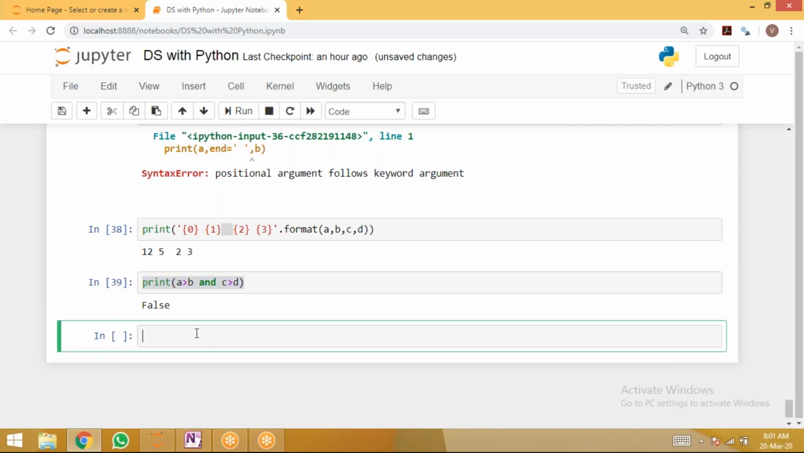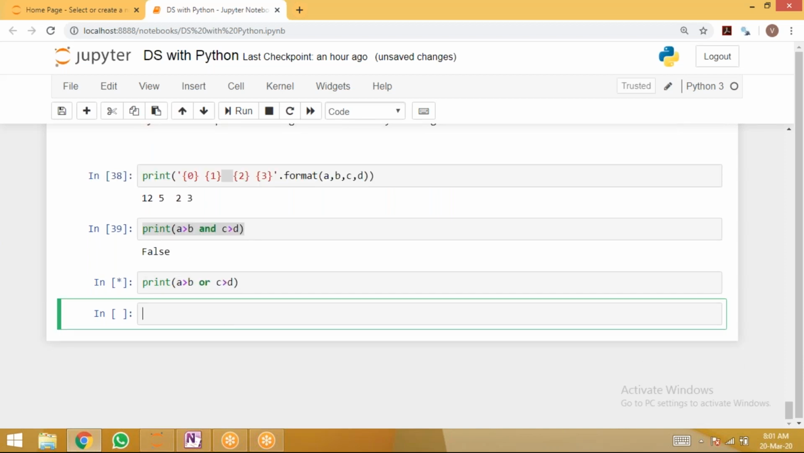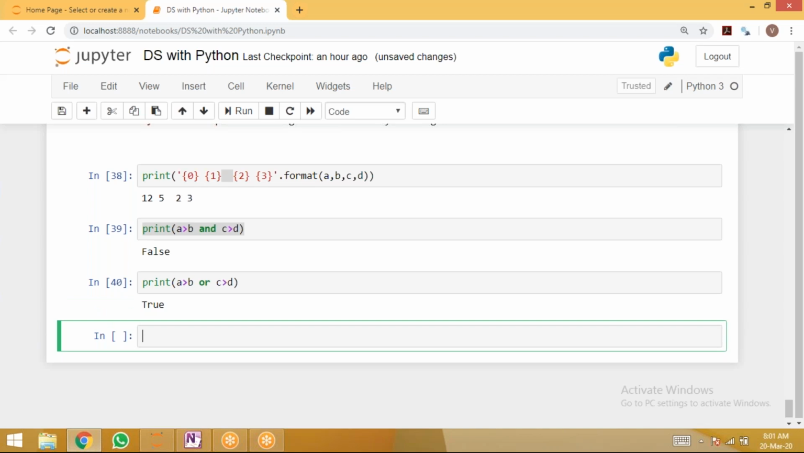For this, I'll just guide you with a simple table. Of course, a basic table only, but still. Suppose A and B are two relational operations. So now I'm saying A and B, and I'm saying A or B. Now A is